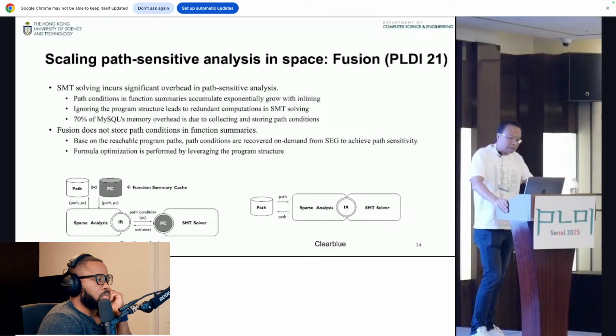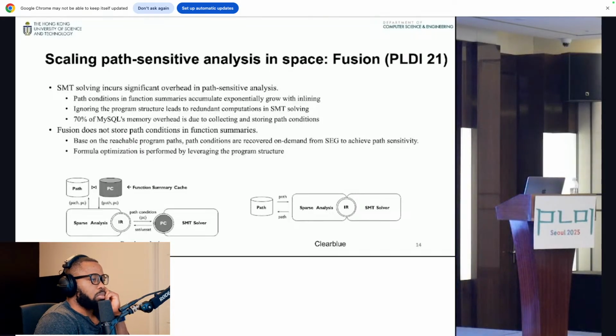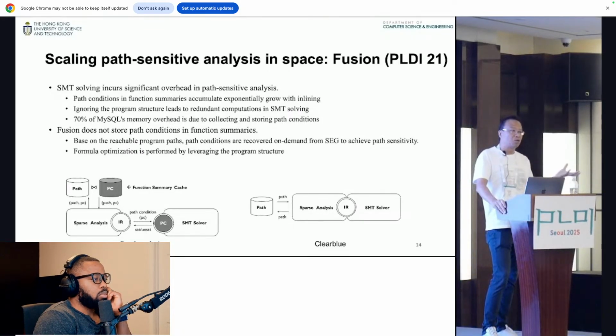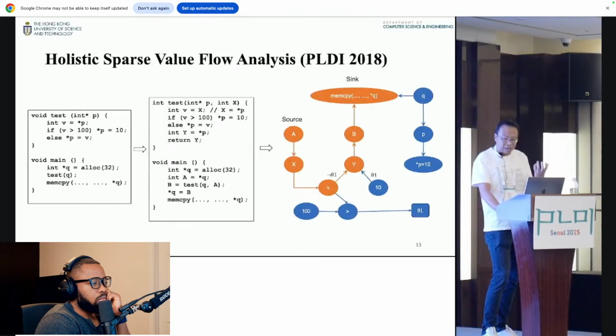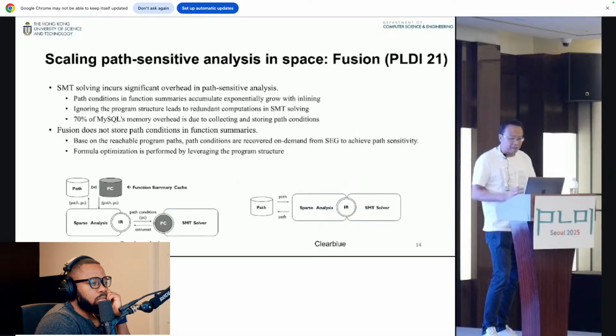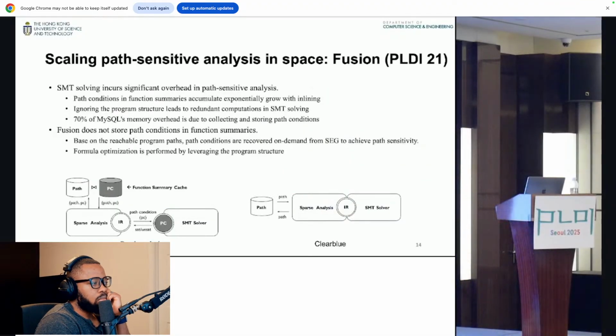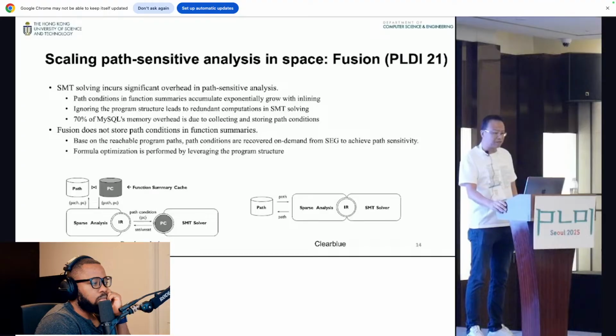So this is great. We can do pointer flow and data flow in one shot. There's no separate stage for doing pointer analysis, so this actually saves a lot of computation. But we hit another bottleneck because we try to do path sensitivity. As you can see, every query involves SAT. So SAT is basically becoming a big bottleneck for performance. In this case, we identify that SAT formulas actually take up a lot of space.